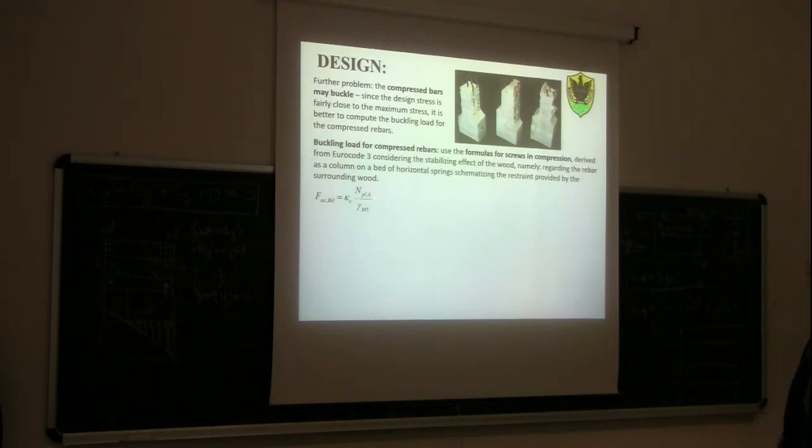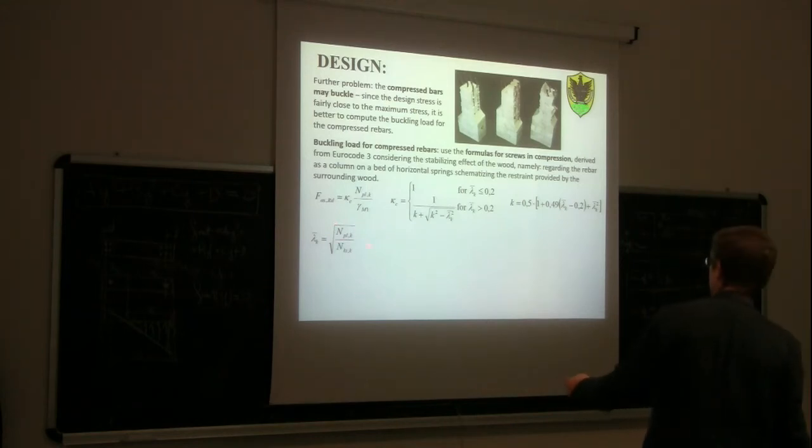The reduction coefficient depends upon the relative slenderness ratio. This coefficient K is also related to the relative slenderness ratio. The relative slenderness ratio is the square root of the ratio between the plastic capacity of the compressed rod and this